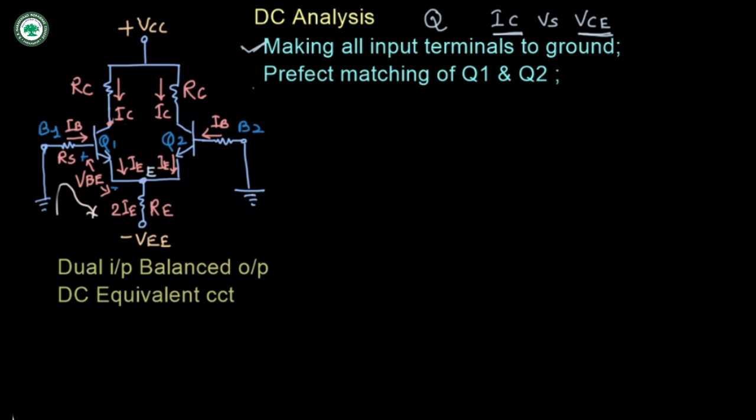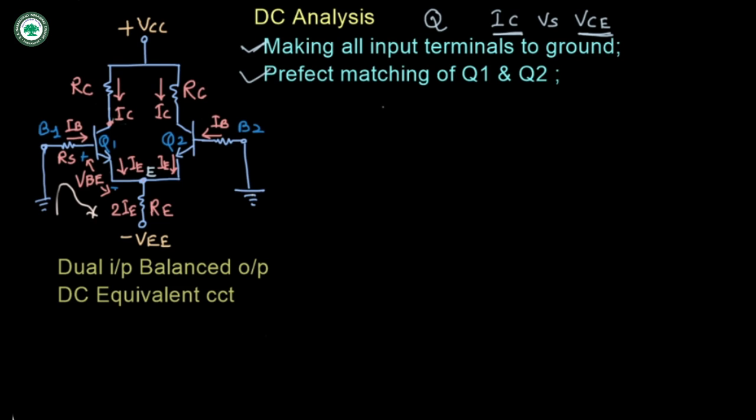And the second thing, it is the perfect matching of the circuit, especially for the transistors Q1 and Q2. So the gain of the transistors is also the same. All the components are almost the same, and therefore we will be getting the perfect matching of this Q1